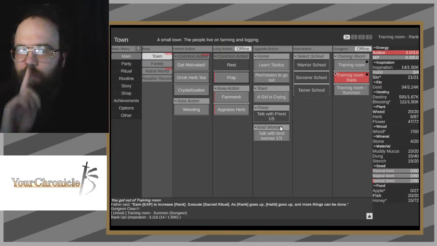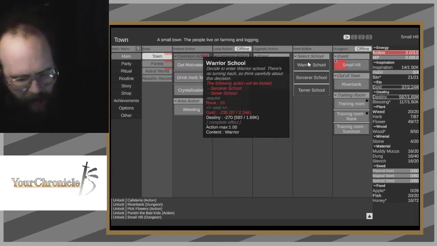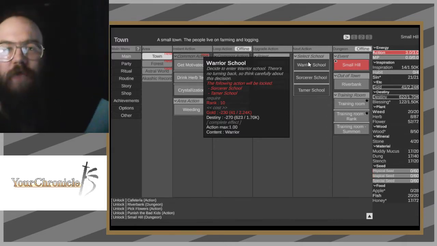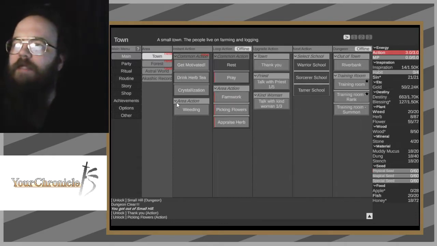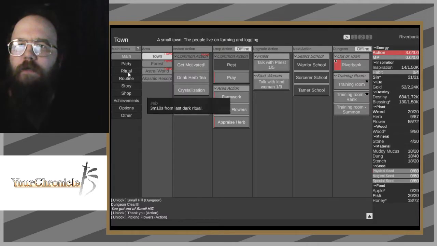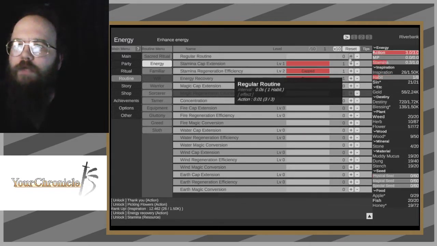The difference between the 3 schools, if I choose the Warrior School, I end up with a bunch of stat bonuses. Let me see, 156 attack, defense, and hit points. I end up with 9... Is that 9 point? No, that's 9 stamina. My stamina ends up being 9 points higher. And let me go over here to energy. So I end up with 9 to my stamina cap, as well as...